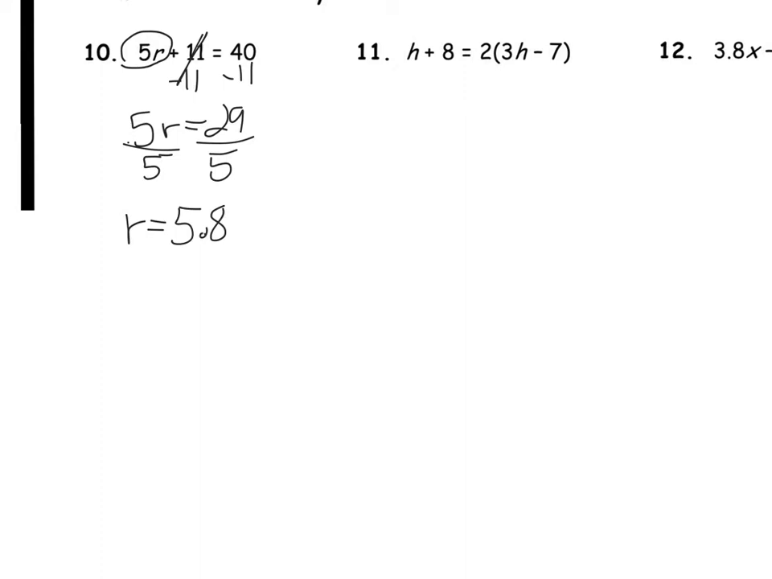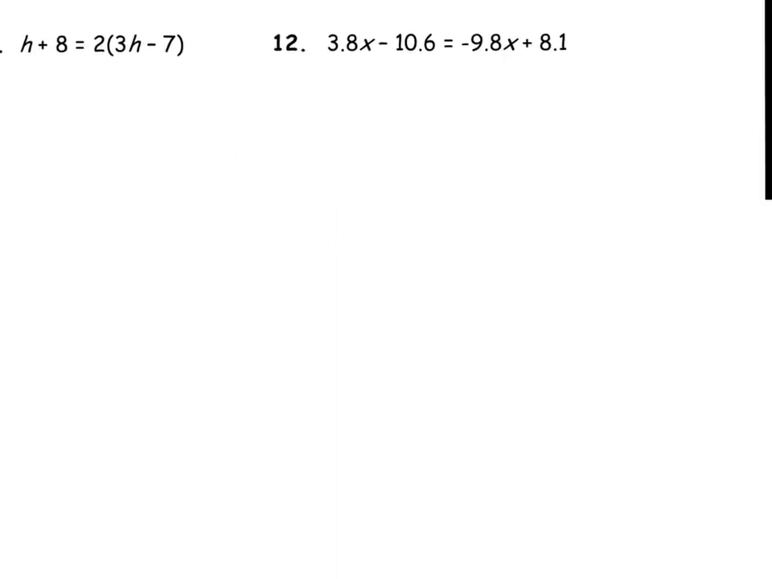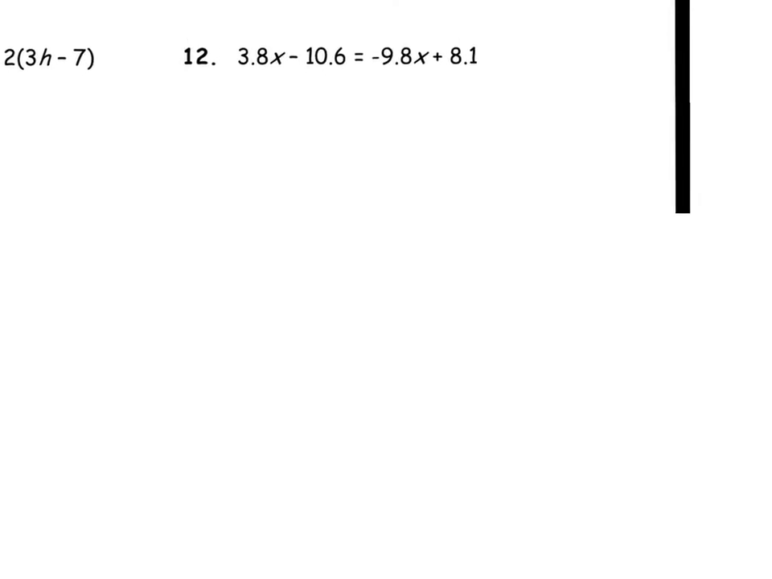Number 12. On number 12, we need to solve for x. So I can notice that I've got an x value on both sides. I got an x value here and an x value here. So I want to get them on one side. And to do that, I'm going to add 9.8x. Add those together. That's going to give me 13.6x